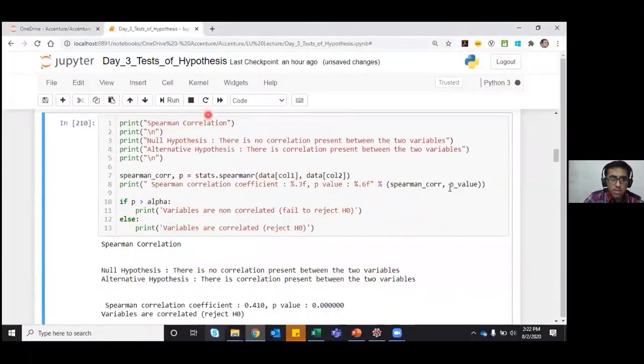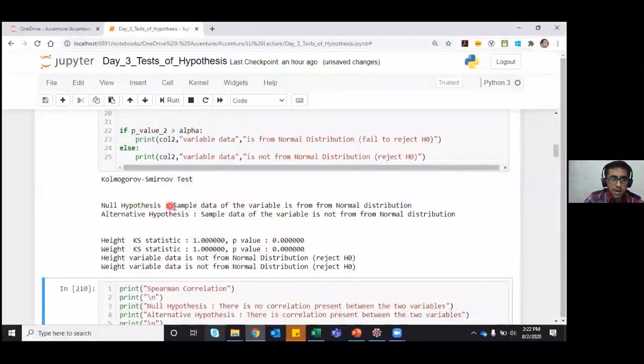Now I will just run this and you can see how it answers. The null hypothesis is that the sample data of the variable is from a normal distribution; the alternate hypothesis is that it is not. My height is my variable. I have got the KS statistic as 1 for height and 1 for weight, and the p-value 0 is less than alpha, which is 0.05, so we reject the null hypothesis.